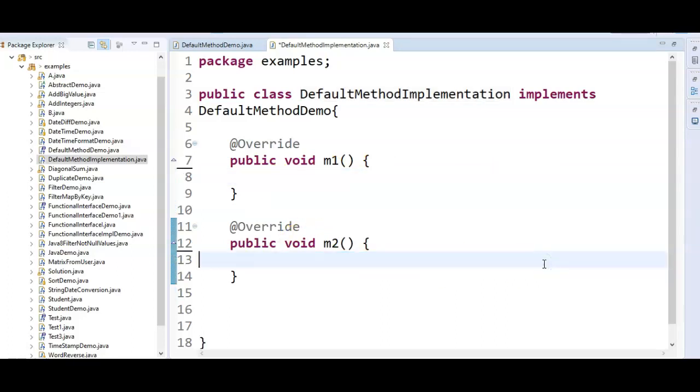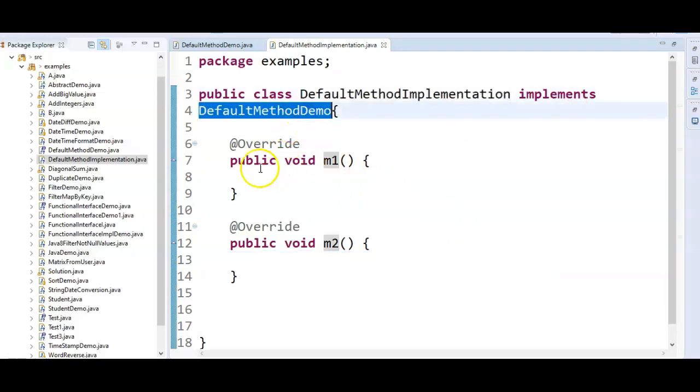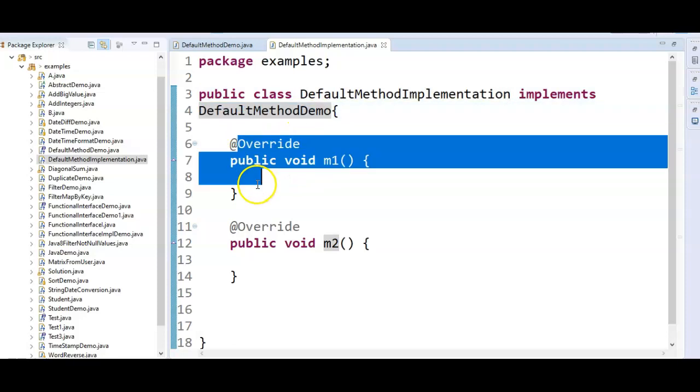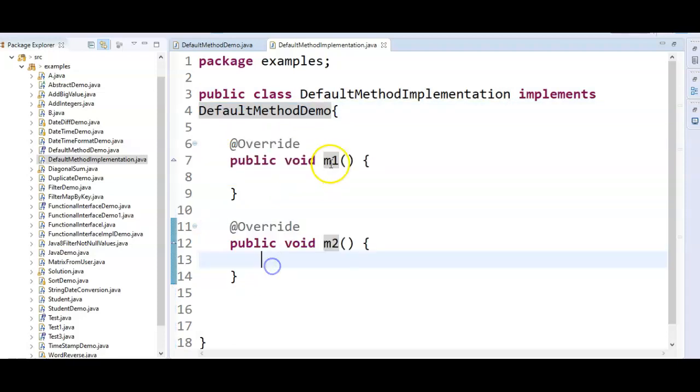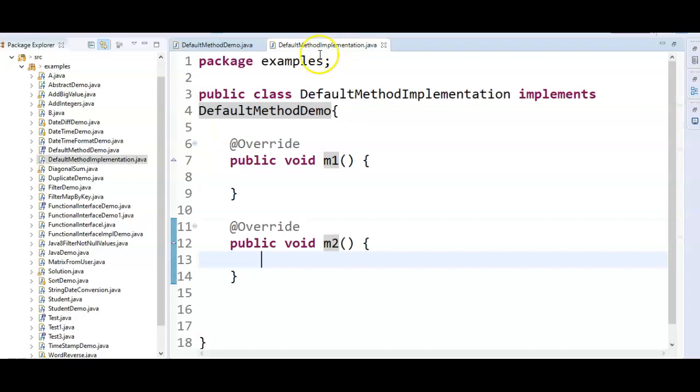If you see here, m1 and m2. Public class DefaultMethodImplementation implements DefaultMethodDemo, and here we are overriding m1 and m2. Why? Each and every method in the interface has to be implemented in the class which implements that interface.